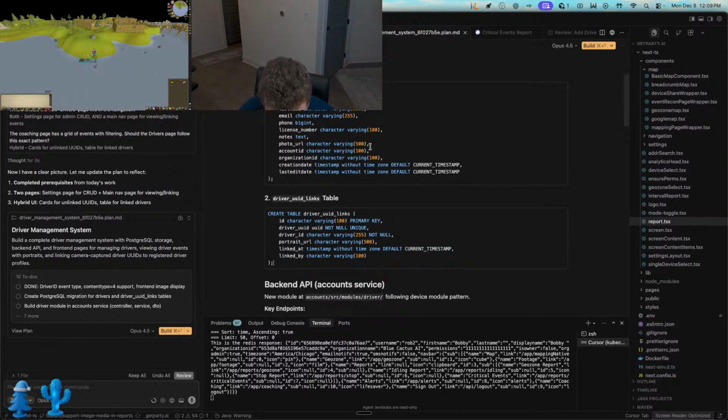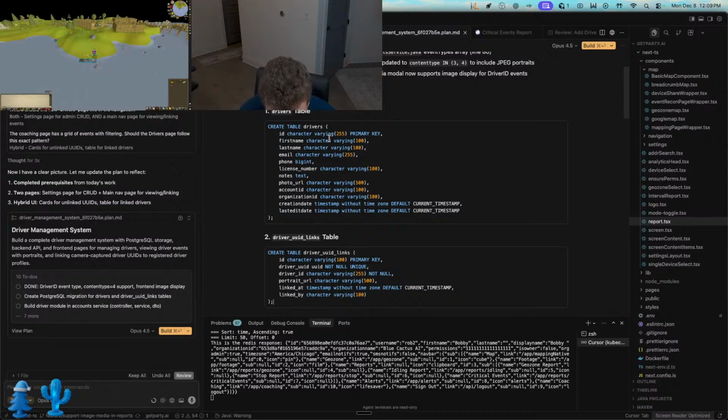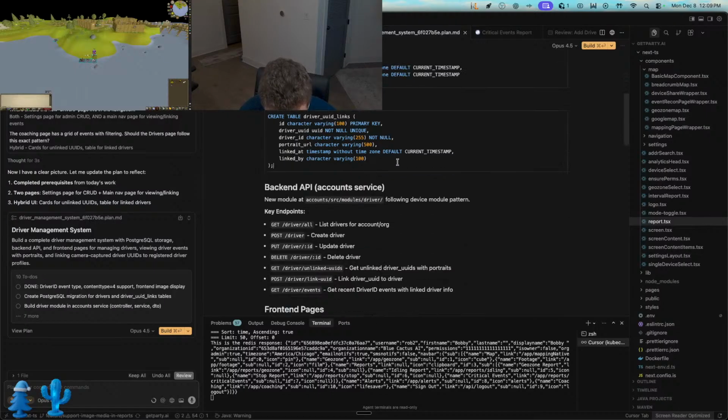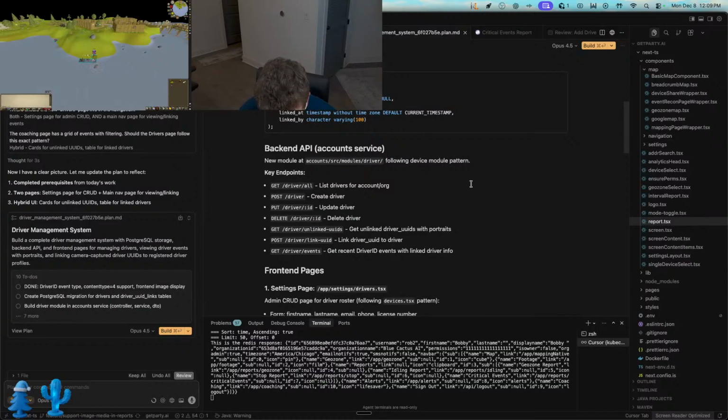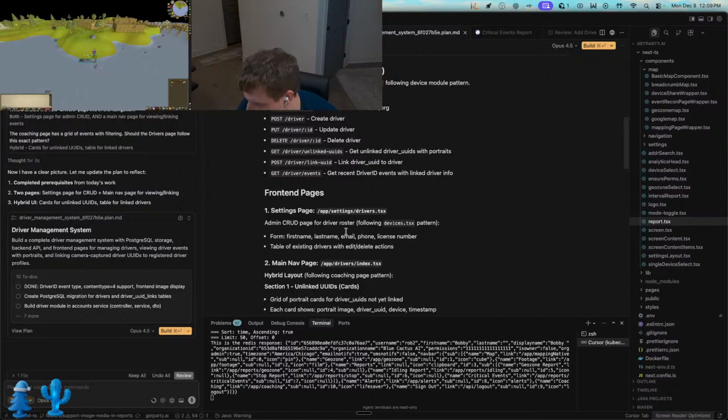Okay, so we need to create these new tables. And we're going to create a new CRUD module, and then a new front end page. And yeah, so pretty much